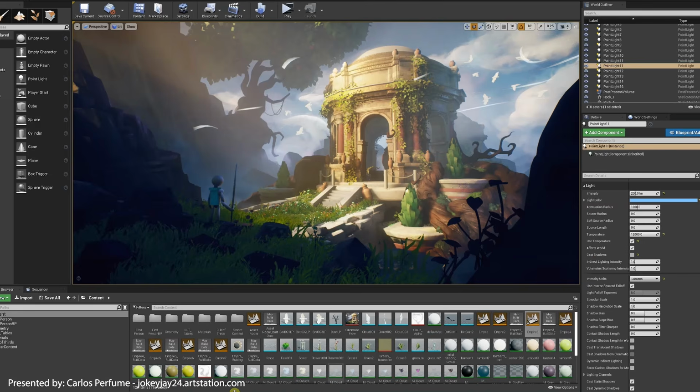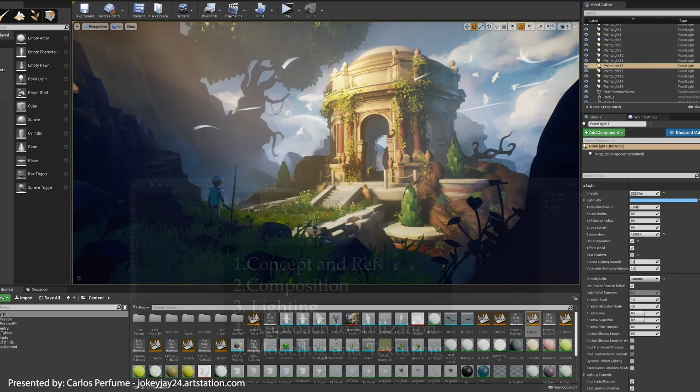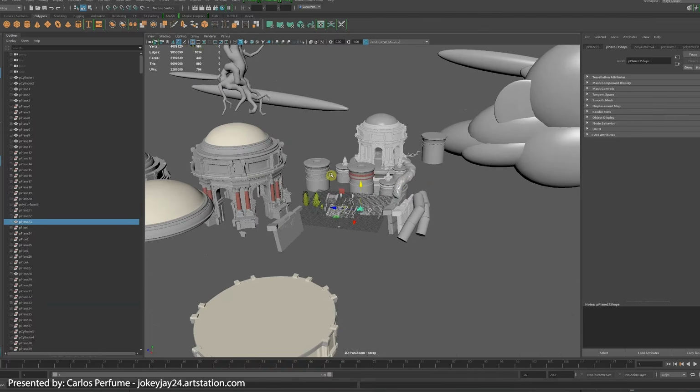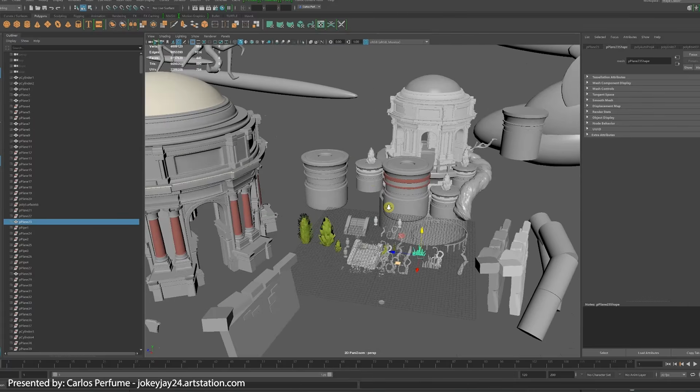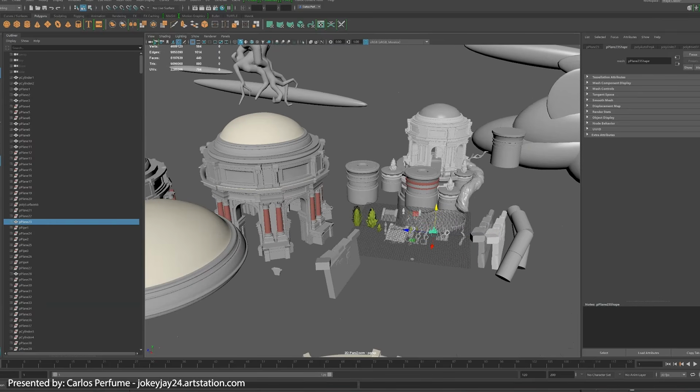And let's see, what is our final thing here? Modeling and texturing. Okay. So for modeling and texturing, I went with a pretty regular approach. I pretty much just had this Maya file and I brought in my blockouts from Unreal into here. Usually, if I wanted to replace something that I didn't think was successful in the blockout, I would